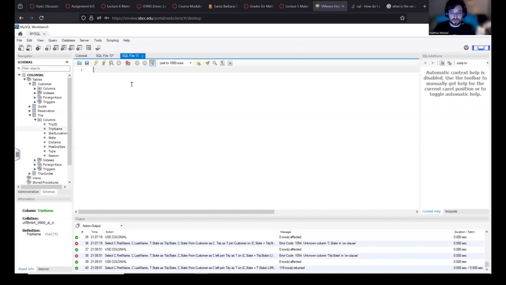For this example, I wanted to use Colonial Adventures. So to do this, first we're gonna type in use Colonial, so it knows to pull from those tables, and then we are going to select. Say we wanted to do